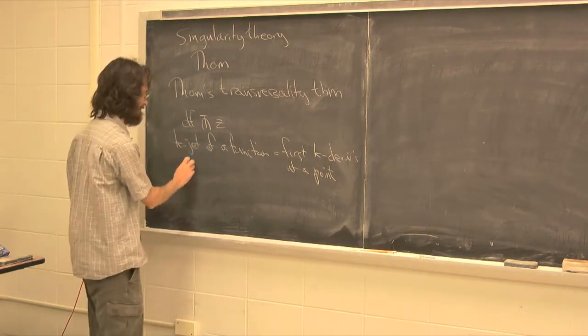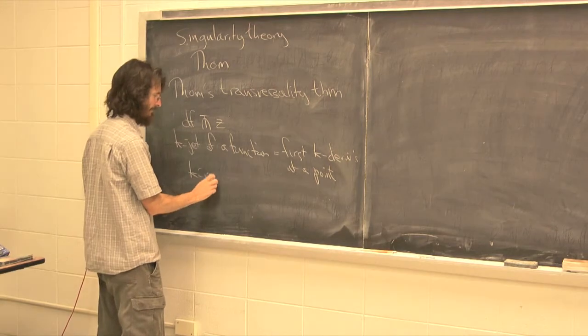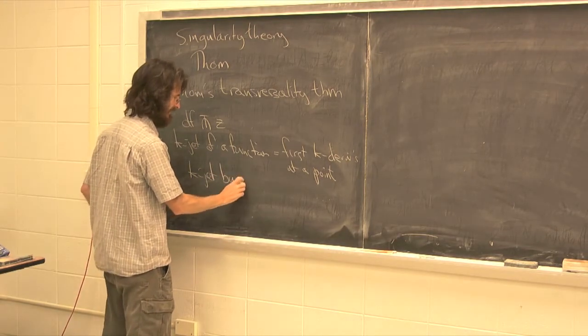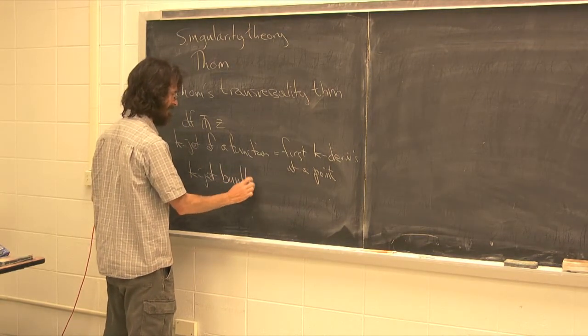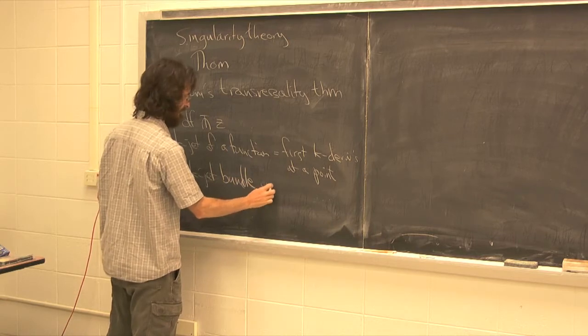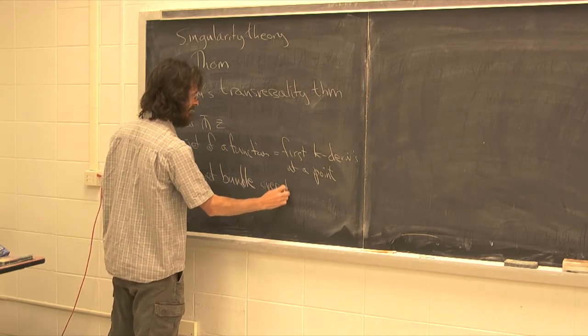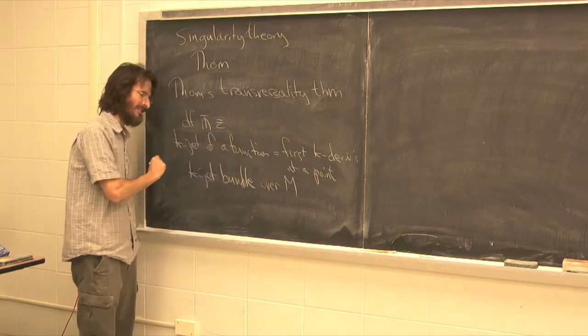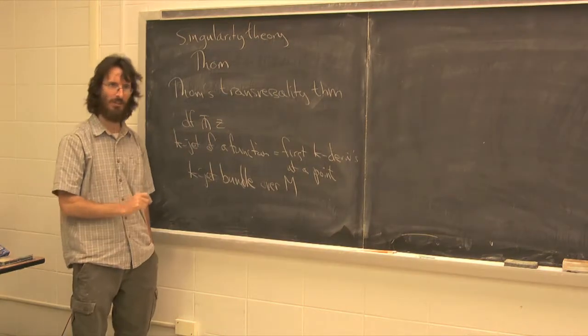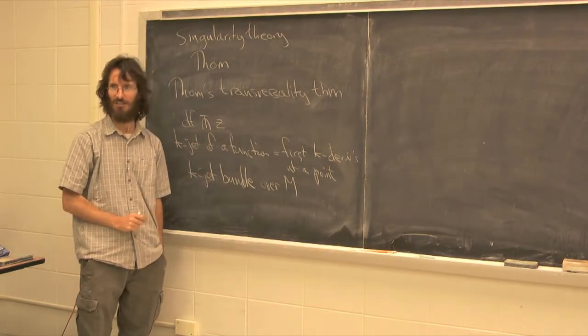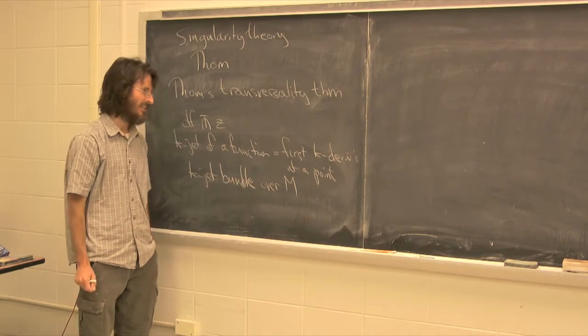And so you get the k-jet bundle over the manifold. And df is really an example of a k-jet bundle over a manifold. df is really a section of the one-jet bundle. The cotangent bundle is equivalent to it, but this is a one-jet. And so